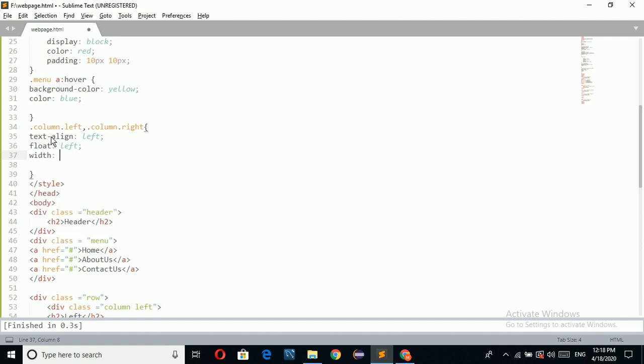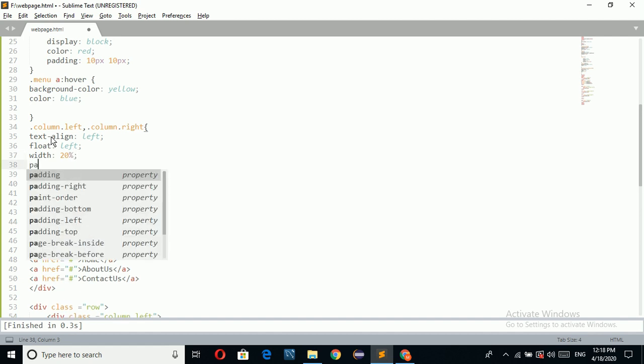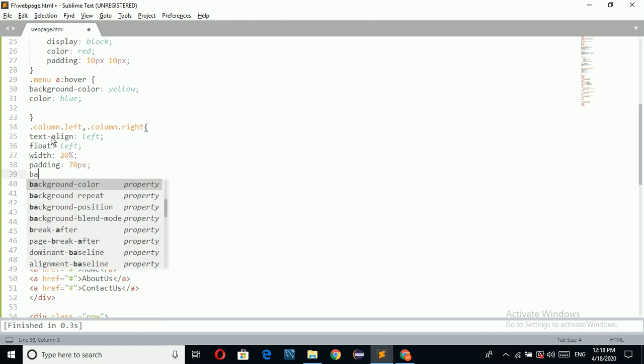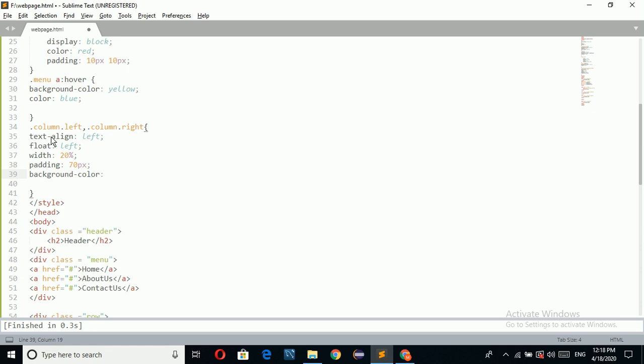Then the width of my left navigation and right navigation, just I am taking 50%, and padding equal to 70 pixel. Background color equal to, I am taking hot pink.